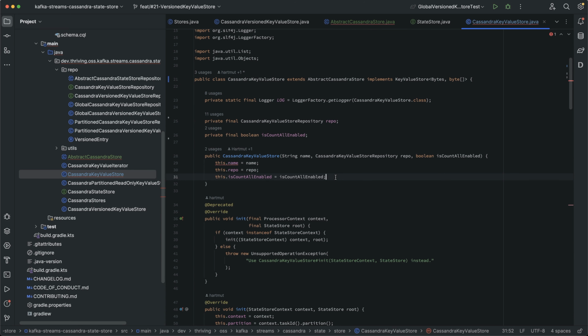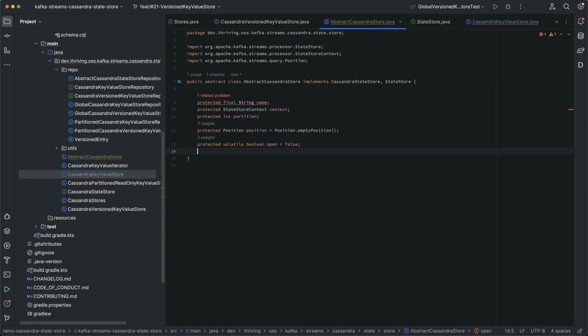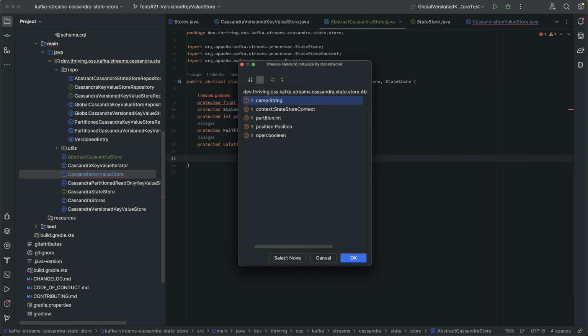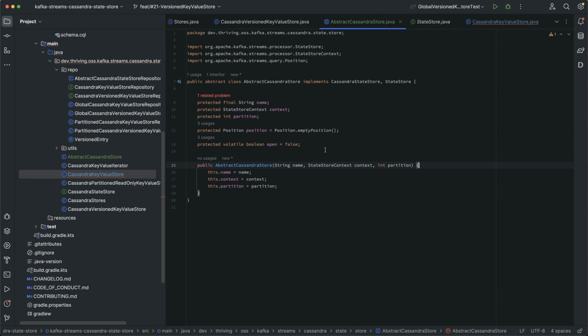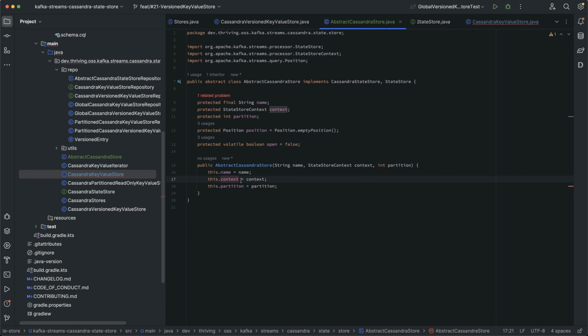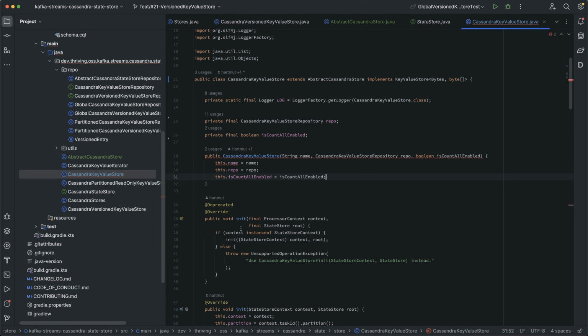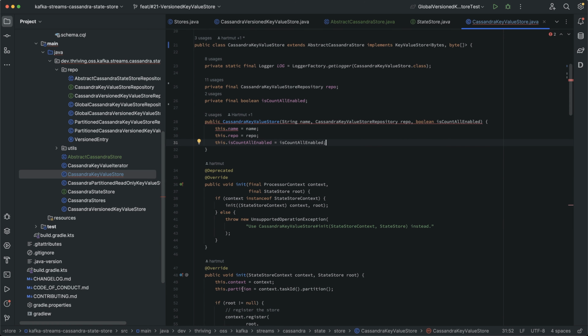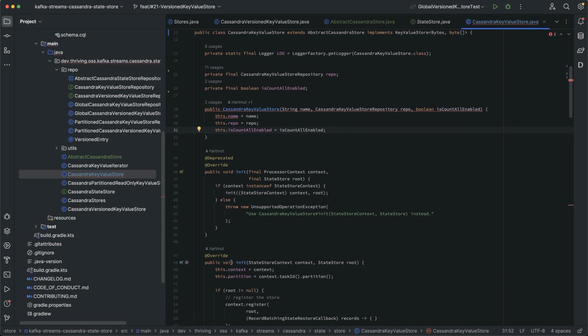And let's say we now need a constructor as well, which would accept the name, context, partition. No, not the context and not the partition. We get that from the context on init. So